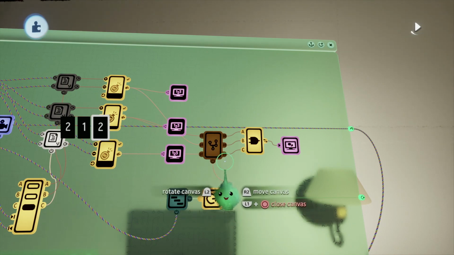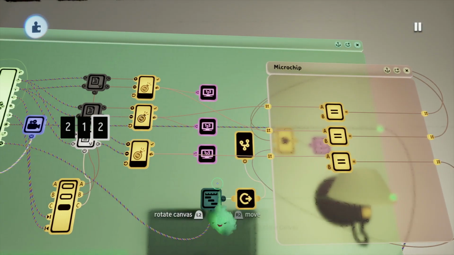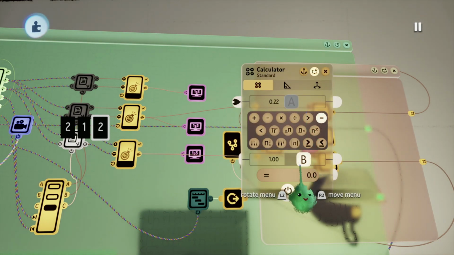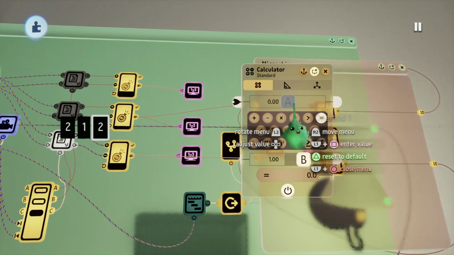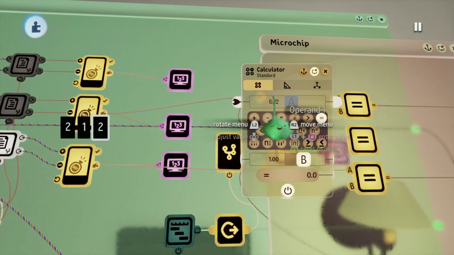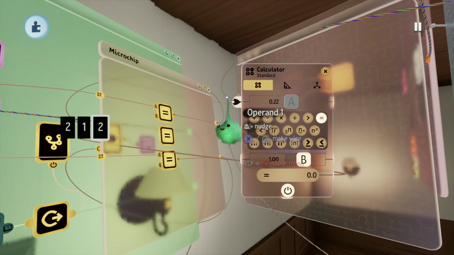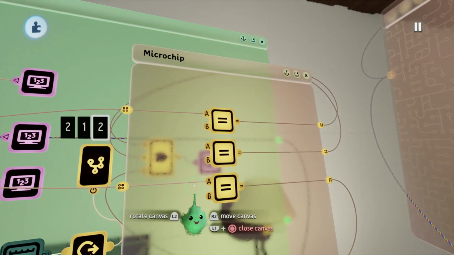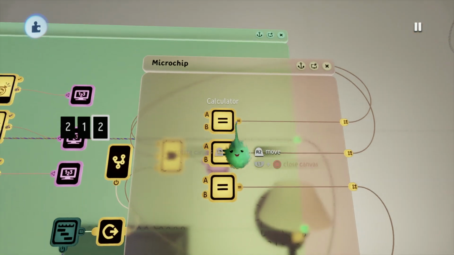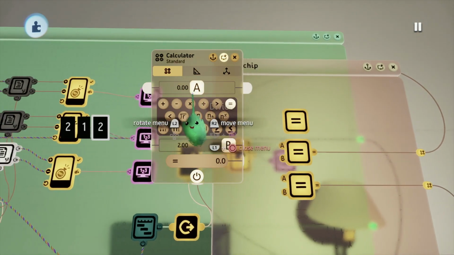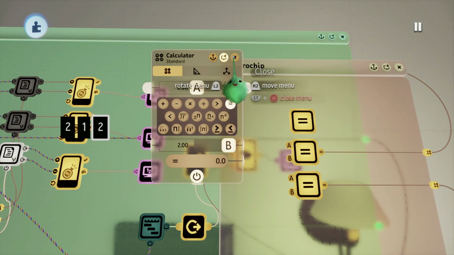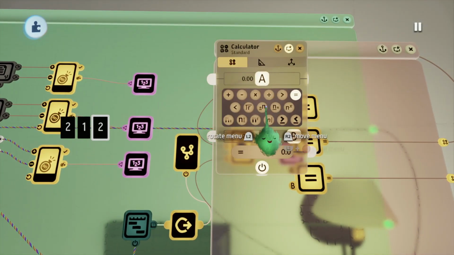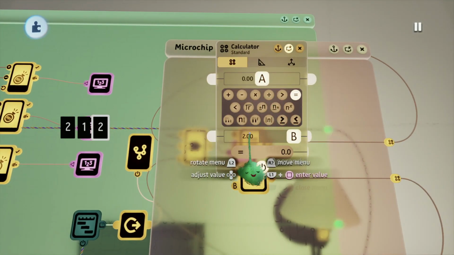How come the code is not going in properly? Oh, this is why. I forgot that the calculator views things marginally, so you have to... let's delete these wires. I'll explain. It views things in percentages of 1, so if you put in 2, it's going to be 0.22 out of 100%, or 1, rather than what we actually want, which is a positive 2,